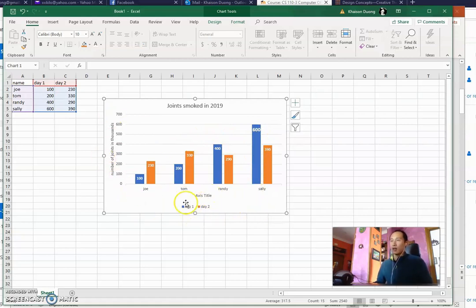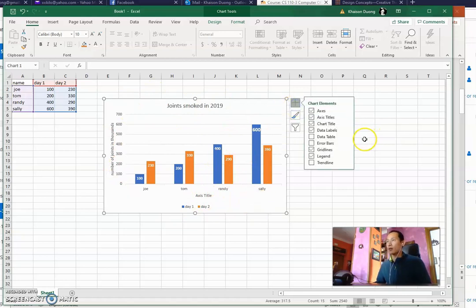Actually, this isn't all accurate because I just noticed that I have day 1, day 2, so it doesn't really make sense, but you know, you kind of get what I'm talking about here. Okay, axis label here, right? These are